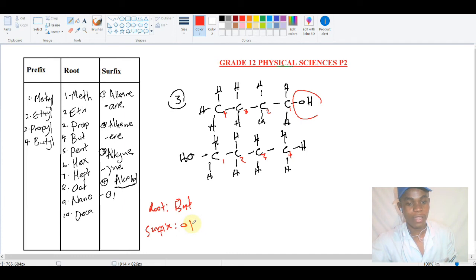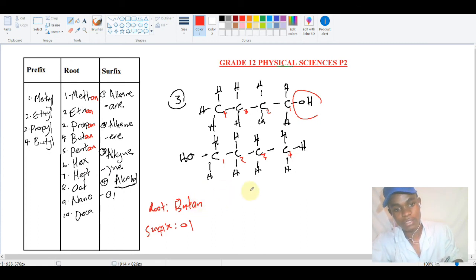No, guys, when it's an alcohol, the root changes. For alcohols, the root is no longer meth, but it's an. You add an here on your root: ethan, you add an for alcohol; propan, butan, pentan. So for now we have got the root to be butan. You must always remember, for alcohol you must add that an. So to put our name together for this particular alcohol, we say it's butanol,